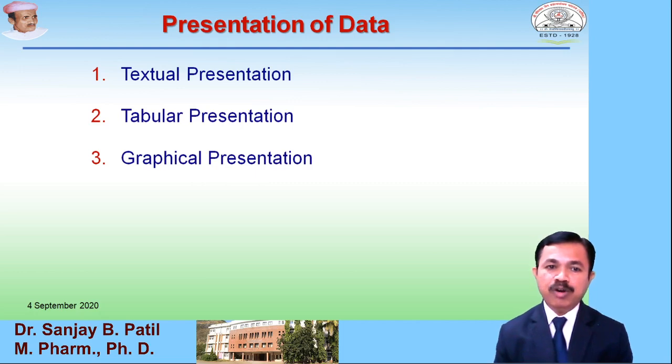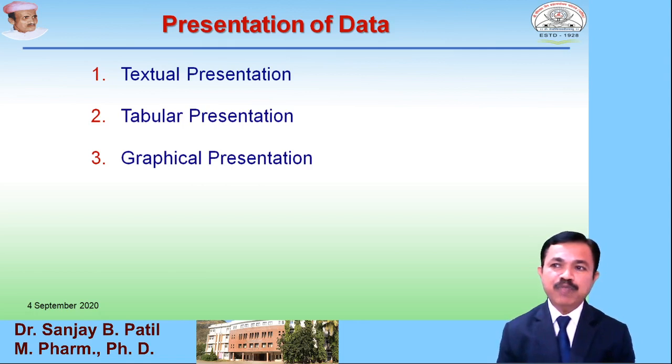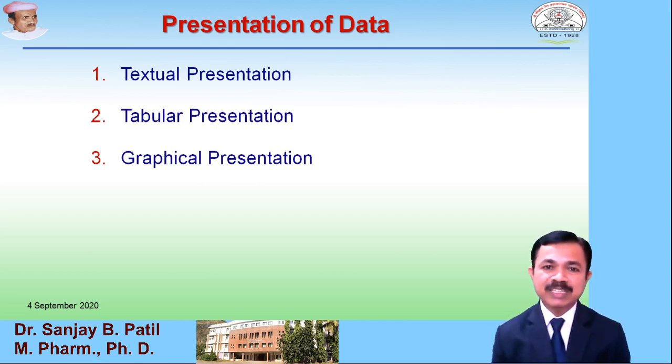The first way of presenting statistical data is the textual presentation. So what is textual presentation? The name itself implies the presentation of data in which text is used. Generally the numerical statements about the facts are made in the form of a description. Such type of presentation of data is known as textual presentation of data.